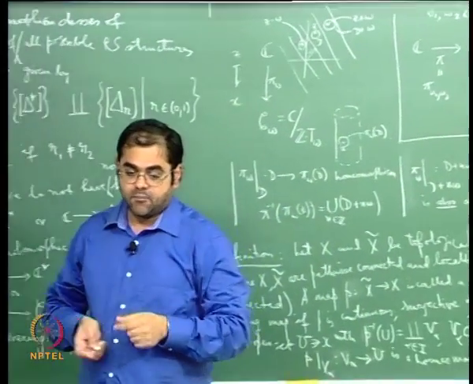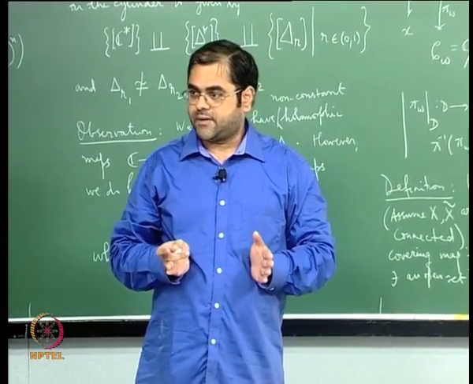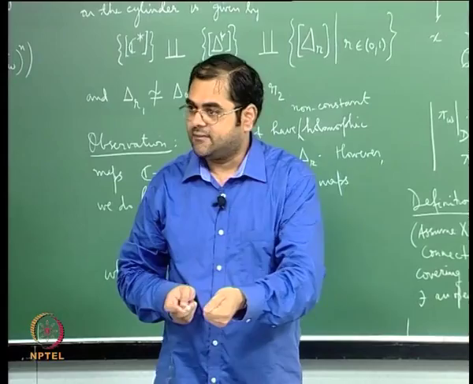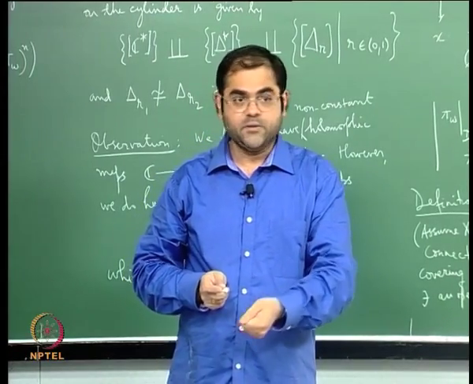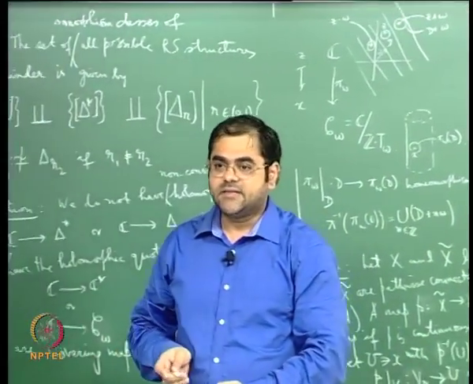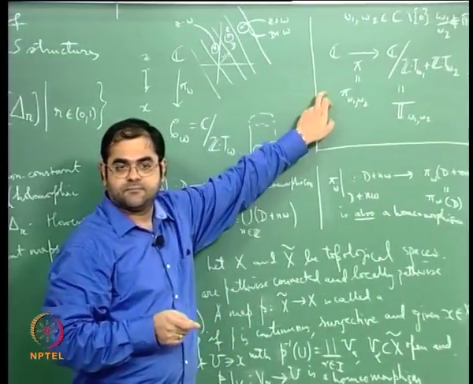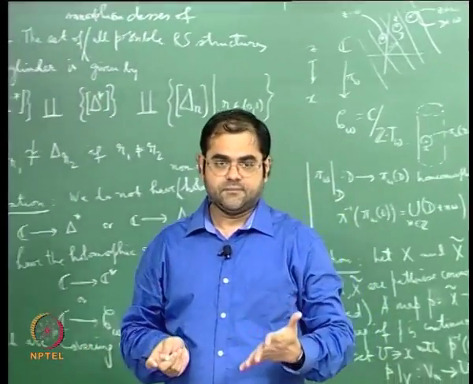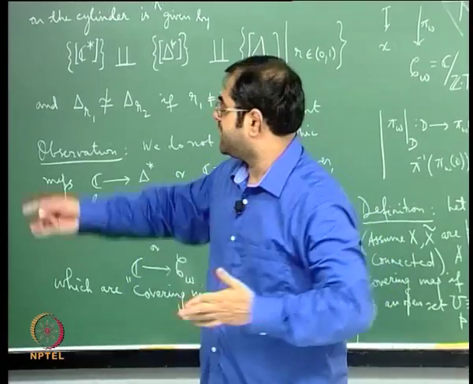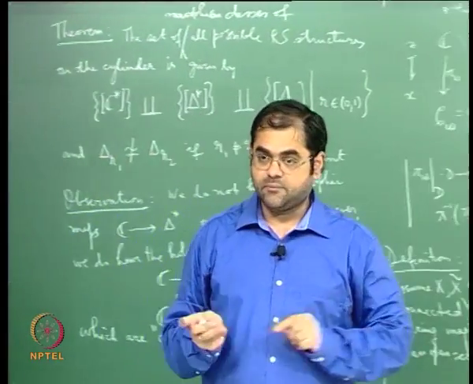So the moral of the story is, therefore, if you understand the notion of covering space and the notion of fundamental group and the notion of universal covering space, then you have a key to trying to reduce the study of Riemann surface structures just to studying such maps which are covering space maps, and that is the importance, okay. And that is, in fact, a technique by which most of the theorems of this type are proved. In fact, all the theorems that I have told so far, except for the very fundamental theorem